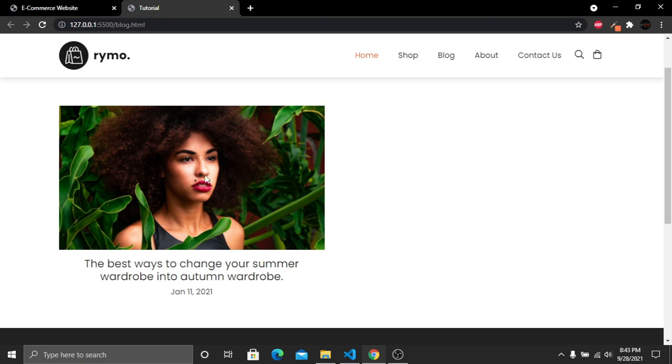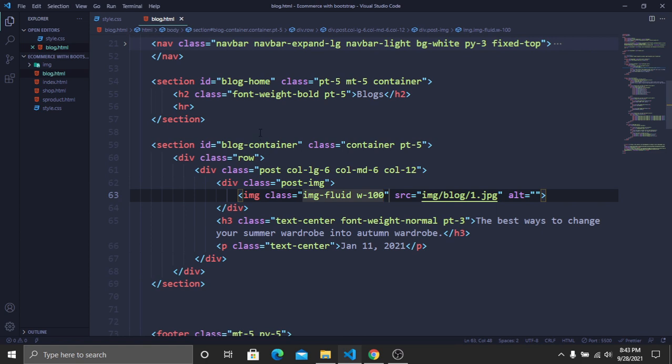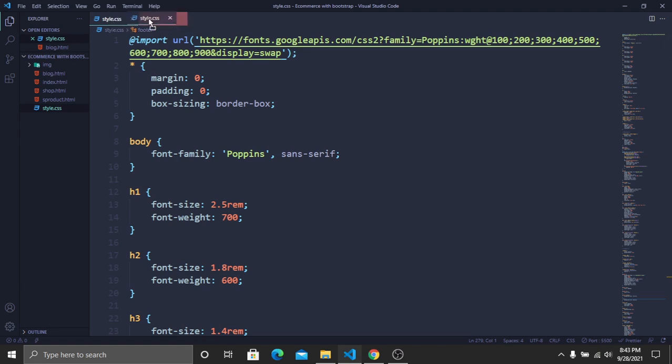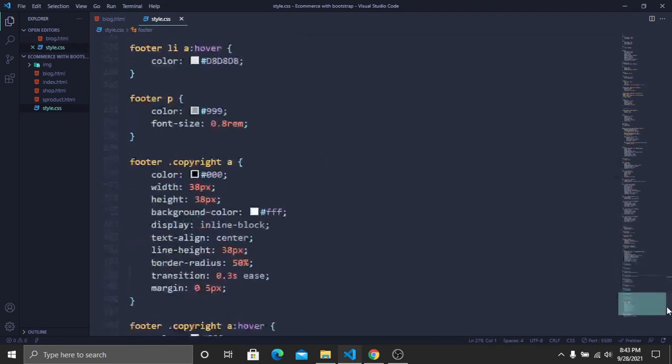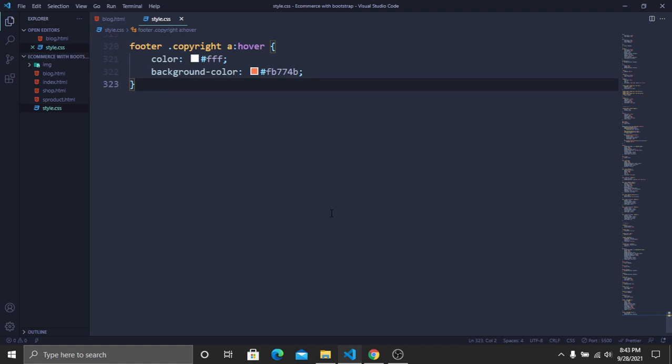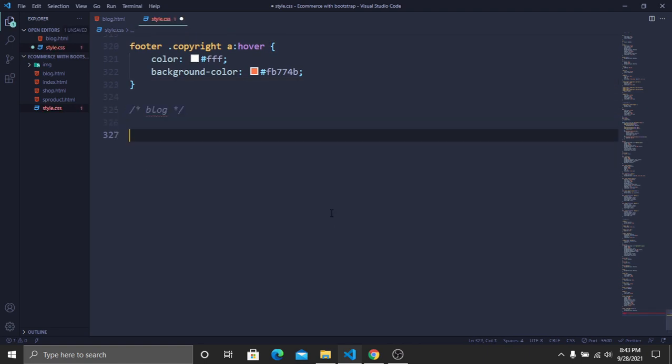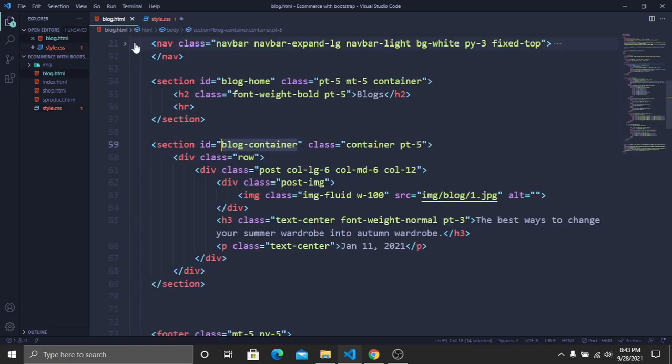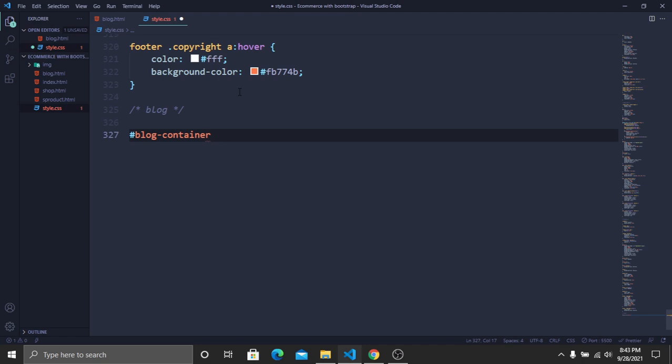So after this one, now we have to create our hover effect. For creating this one, let's go to our code. First we have to copy this ID, blog container, and then let's go to our style sheet, and then let's go to the bottom. So first we have to comment, and it will be blog, and paste the ID here. And if I go to my blog HTML and copy the post class from here and then paste it here,